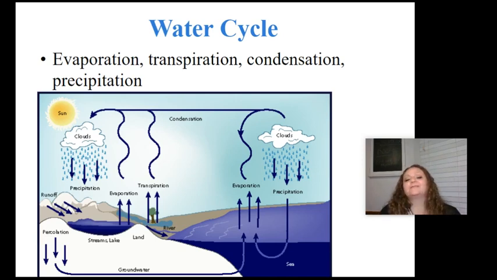Okay, so now we've finally gotten ourselves to the cycles. I am not going into detail on these cycles. In this case, the water cycle, you guys have been learning the water cycle since you were in like second grade. The water cycle is made up of basically a cycle of evaporation, or transpiration, which is evaporation out of plants, condensation, and precipitation. And we see it repeat itself over and over again. And there's a couple of other words that have been thrown in here for you, but you know the water cycle. You may want to sketch this out a little bit, just to help you as we move through.